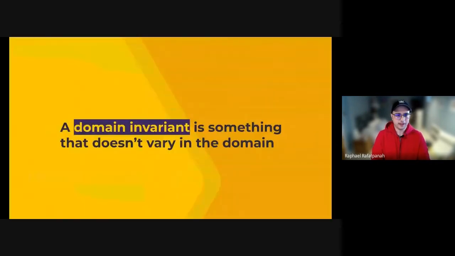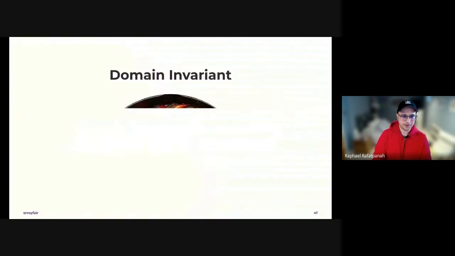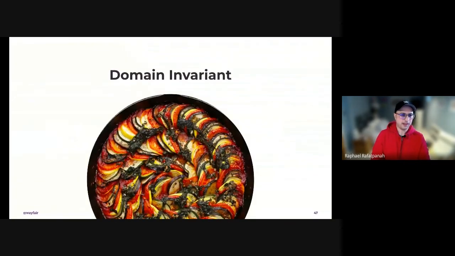Well, to do that, let's dive into a definition called domain invariant. A domain invariant is something that doesn't vary in the domain. That's why it's called a domain invariant. Invariant means it doesn't vary and it's in the domain. Fantastic. An example in a ratatouille world would be having an assortment of vegetables where we have the eggplant,